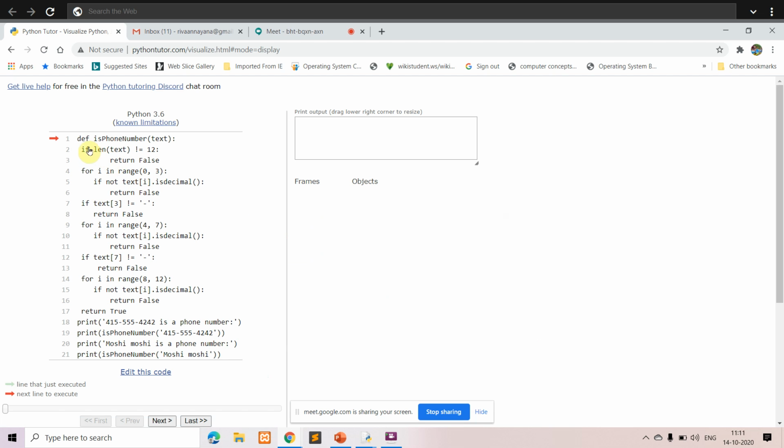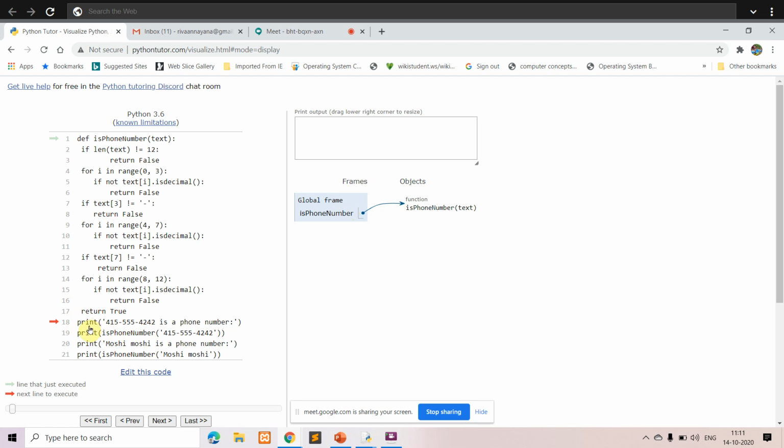You can see here, first you have the definition statement for your function. The name of the function here is phone number, and the parameter you're passing here is text. That is just the function definition, the header part we saw. Initially we are not going inside the body of the function, so that part is skipped and we come over here.